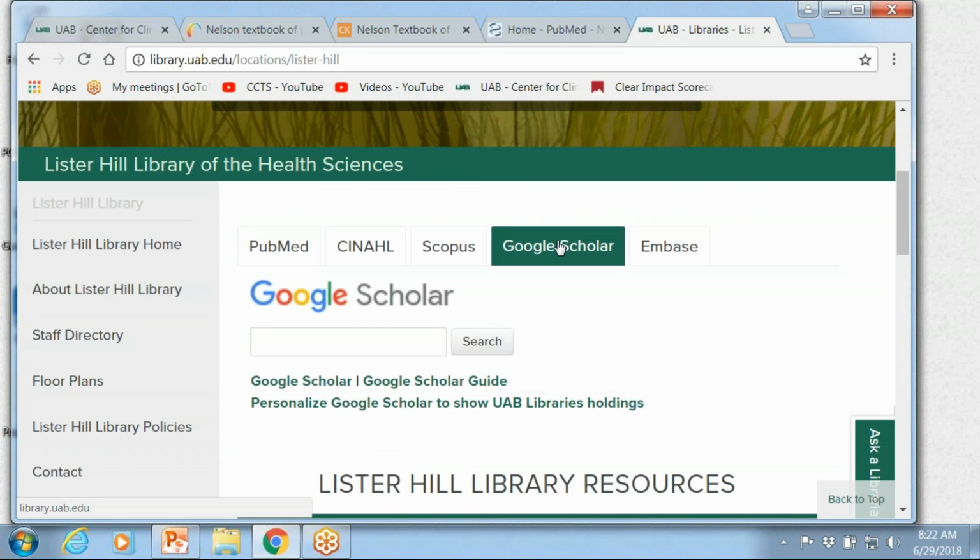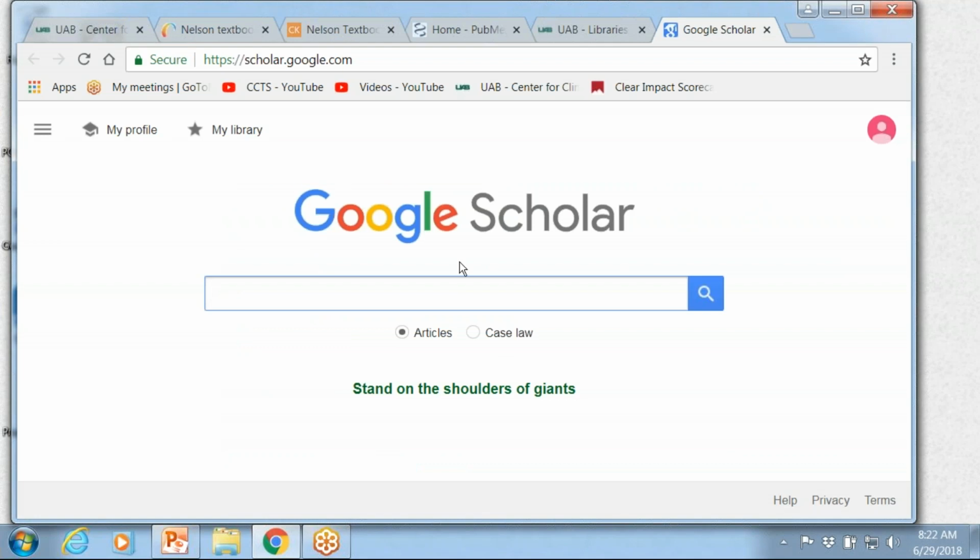Just to give you an example, if I'm in Google Scholar, and say, for the purposes of this class, my example is based on a real question I had: somebody was looking for the evidence for induced sputum versus gastric aspirate in the diagnosis of pediatric tuberculosis.